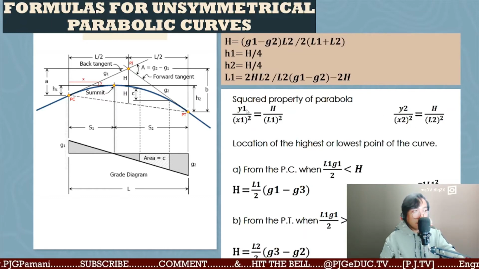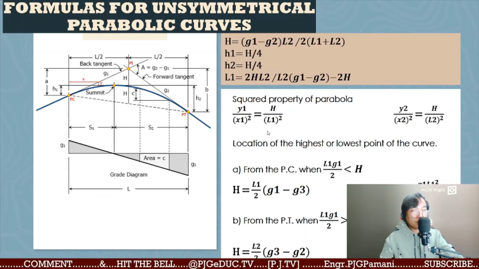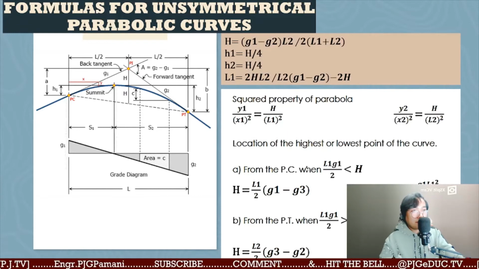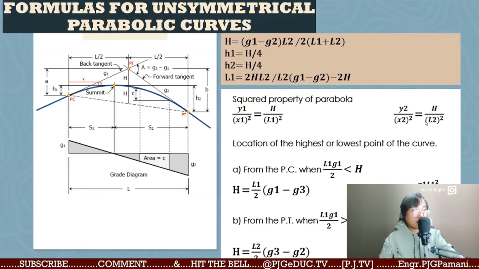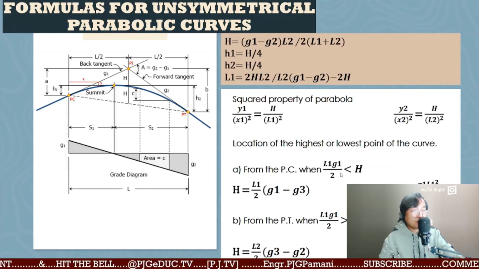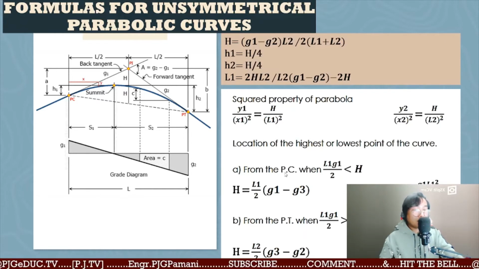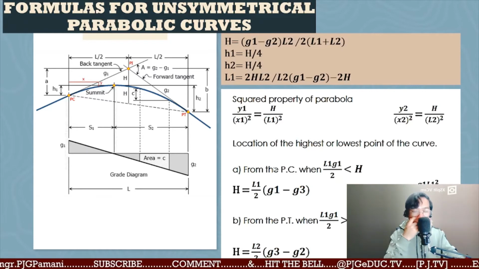Okay? Then y1 over x1 squared equal to the computed h over L1 squared. To compute either S1 and S2, parehas lang naman. And at along any point of the curve. Then same goes for the right side of the curve. And location of the highest or lowest point of the curve. Now, check ninyo. Dito sa location ng S1 at saka S2, or location ng highest at lowest point of the